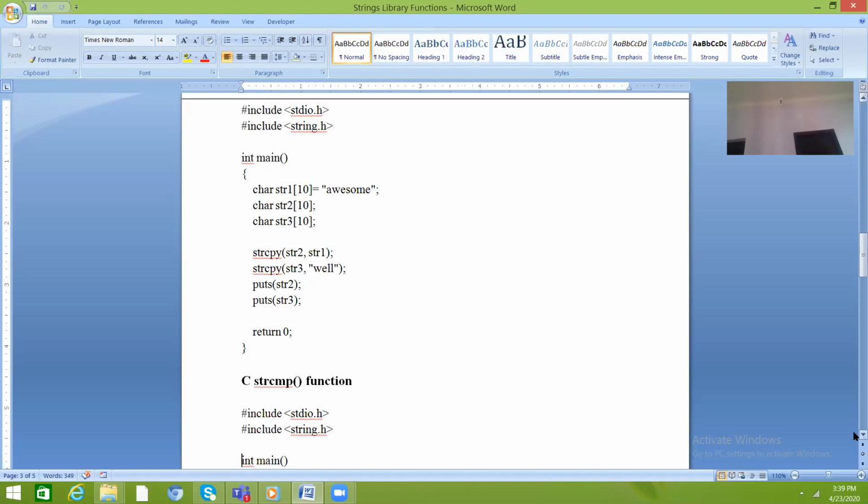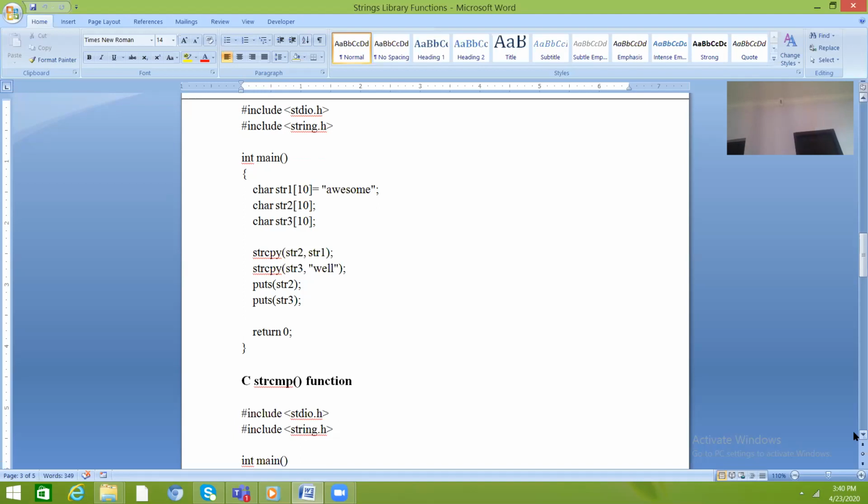The second string is str2 and the third is str3. So here you can see three strings are declared. In the first string we have declared the value awesome, and the rest of the two strings are empty.